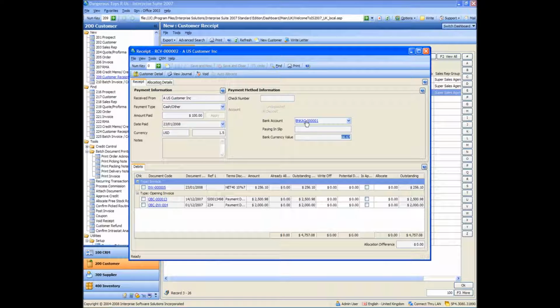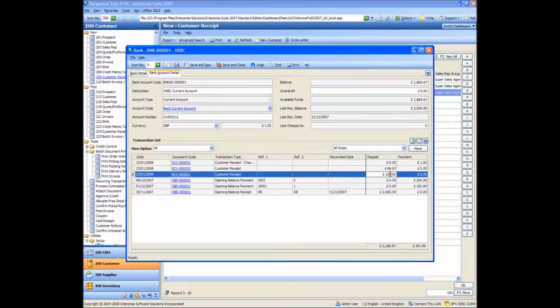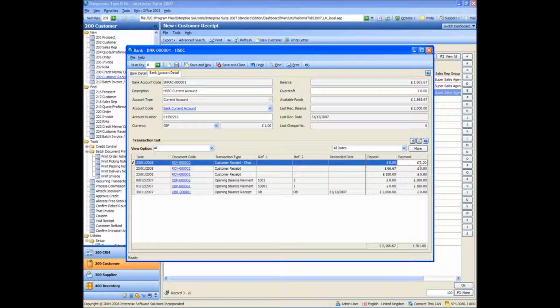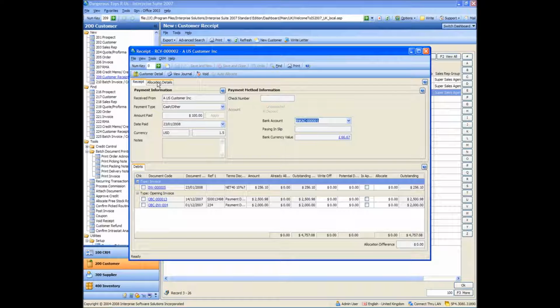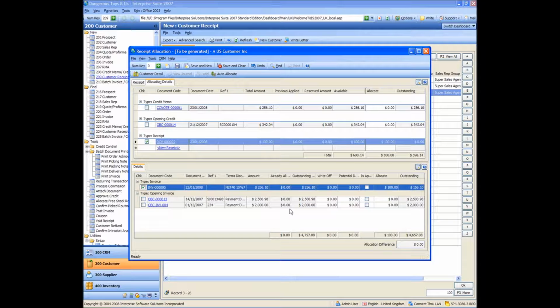And then if I drill down into the bank account using the hyperlink on the receipt, we can have a look at the transaction shown in our bank account. So there's basically the £100 receipt I did on the first for our UK customer. There's our 66.67 for our US customer, and you can see there's the pound going out of our bank, which is for the bank charge that I entered. Okay, so if I go back from this and go into the allocation details for our receipt, what I'm now going to do is allocate this receipt here to invoice number 5. Okay, so again we're going to have a